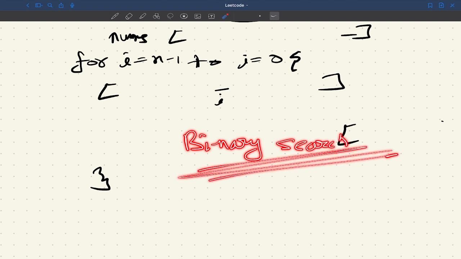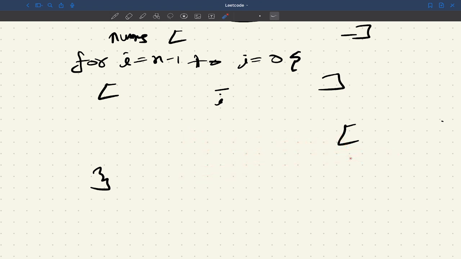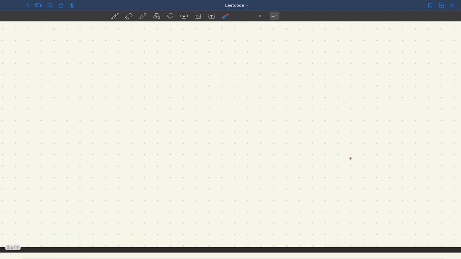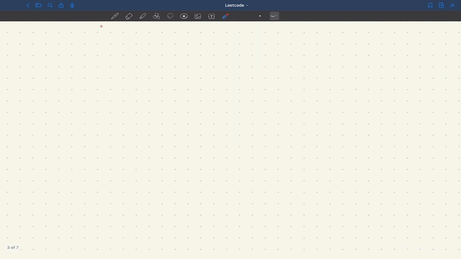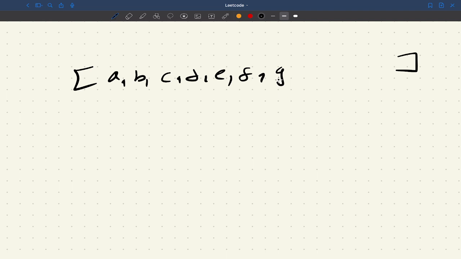So we have to use binary search to do that. But how to use binary search to find out the number of elements which I can convert so that they become equal to nums of I? So if we look, we have some elements here: A, B, C, D, E, F, G, H, I, let's say. I have fixed this element I, and I want to convert as many elements as I can